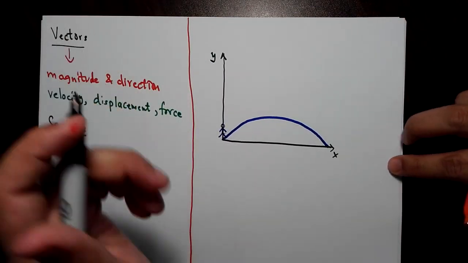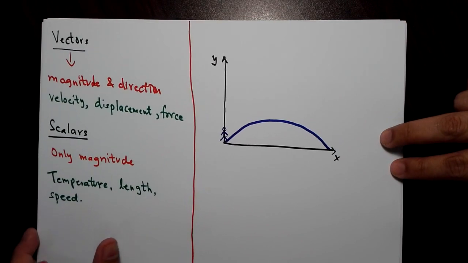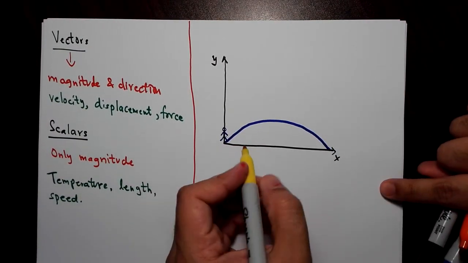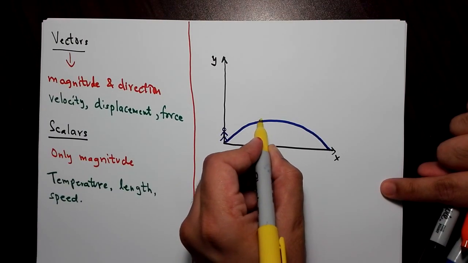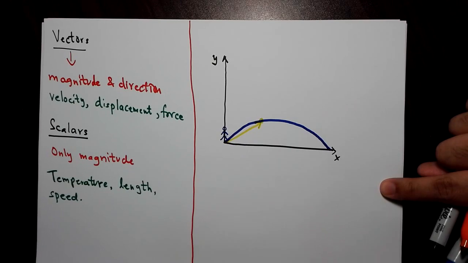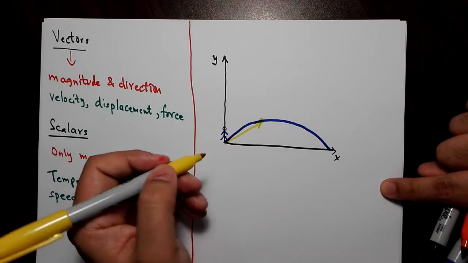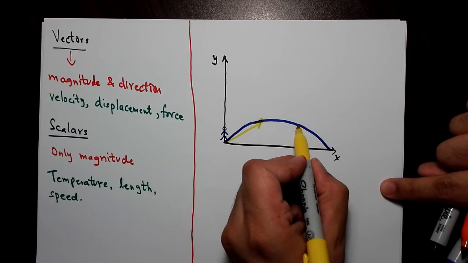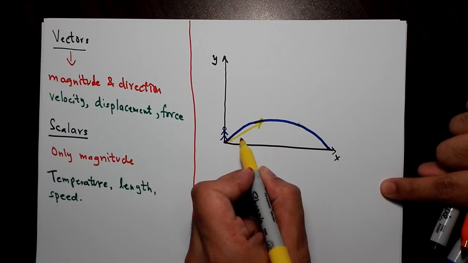Okay. So now, if someone asks you where the ball is, you'll obviously point towards the ball. So you're essentially pointing towards the position vector of the ball. So let's say the ball is over here. So you'll say, oh, here's the ball. And you'll point towards the position vector. Okay. So when the ball is over here, the position vector is this one over here,